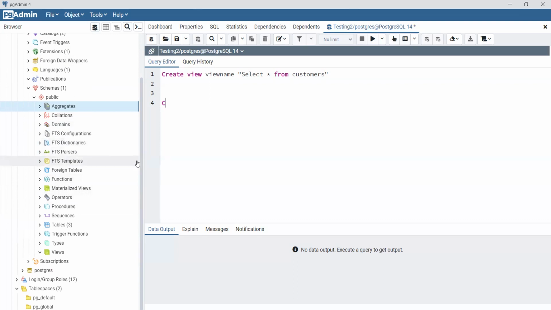And before that, let me, one second. Let me open the